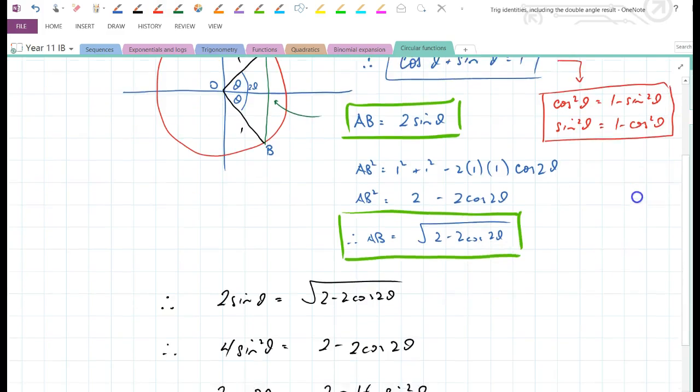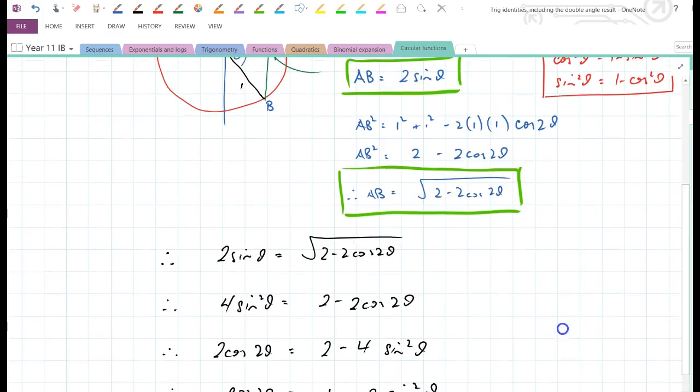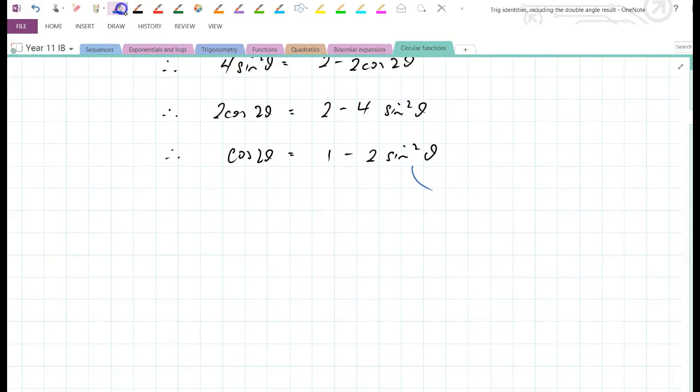We'll wrap all this up at the end, so don't get too stressed about it. Let's just follow the development. I'm going to write that sine squared theta now as 1 minus cos squared theta. So I'm going to say that this is equal to 1 minus 2 bracket 1 minus cos squared theta, which is equal to 1 minus 2 plus 2 cos squared theta,